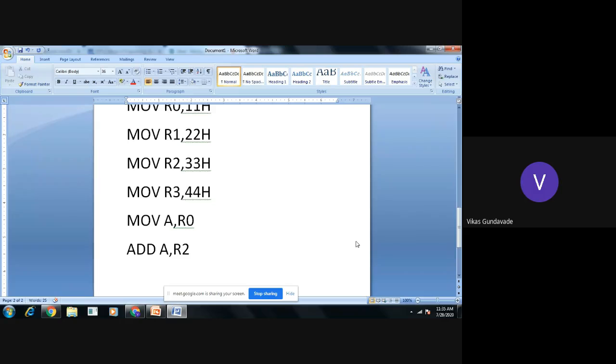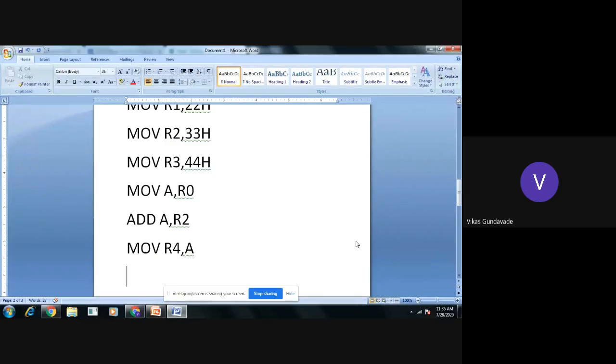So what we will do is transfer the contents of the accumulator, or the result, into another register. Now we have used R0, R1, R2 and R3. So the remaining registers are R4, R5, R6 and R7. So we will transfer the number into R4 with the instruction MOV R4, A. That means the lower 8-bit addition result is transferred into R4. Now the accumulator is free for the higher 8-bit addition.